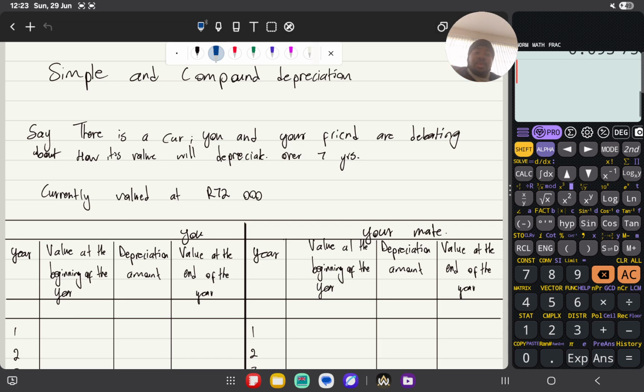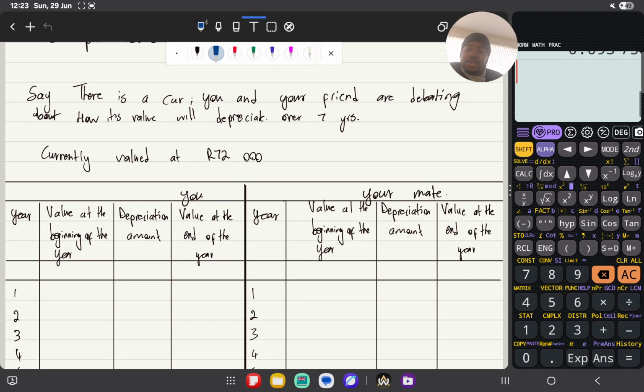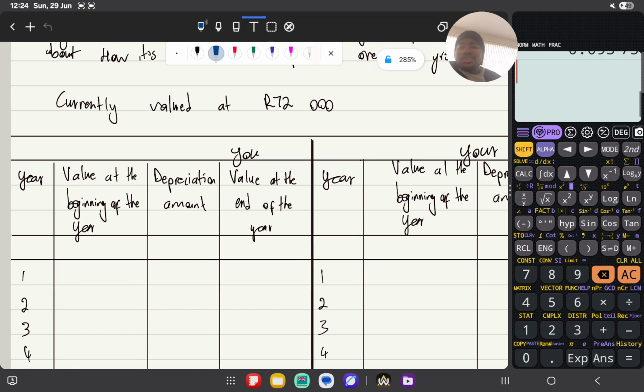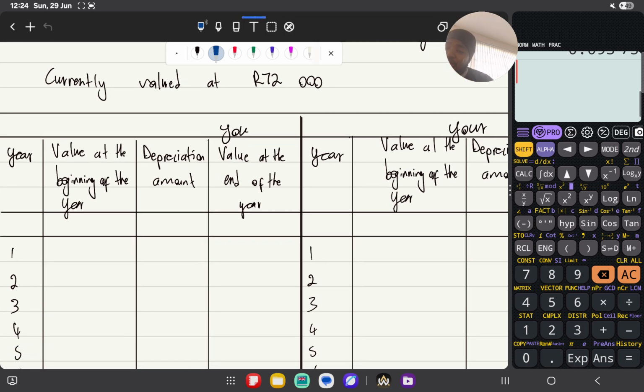Now, say for your friend, maybe the simple interest, let's just make it 10% for both. So the car depreciates by 10% for both. Okay, let's start with you. You are simple interest, right? So the value of the car at the beginning of the year is 72,000 rand. Then the depreciation amount is 10% of this, which is